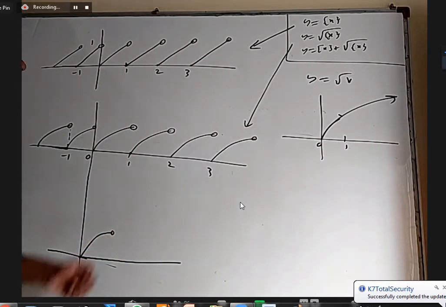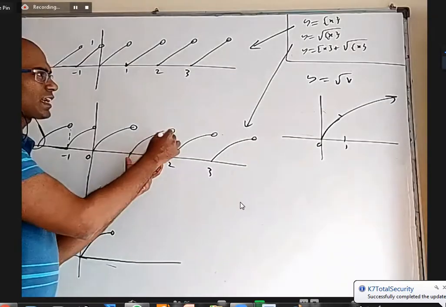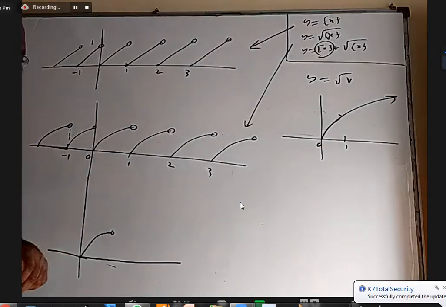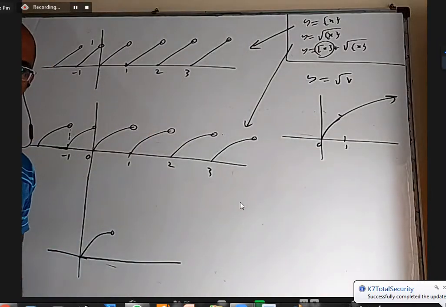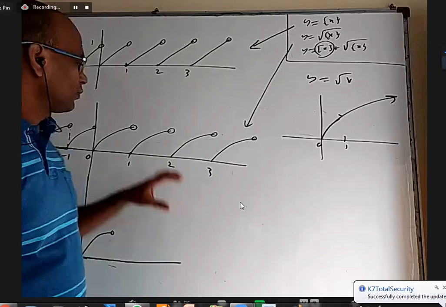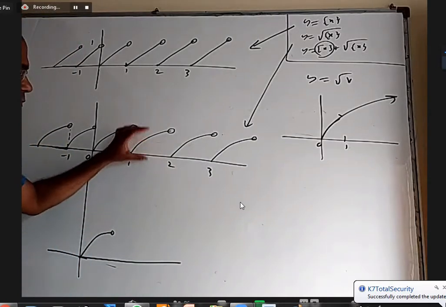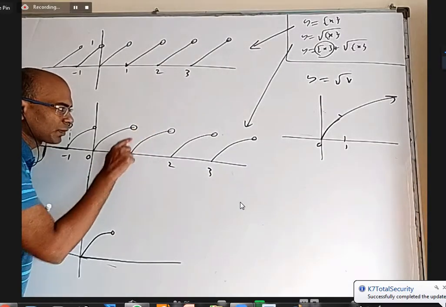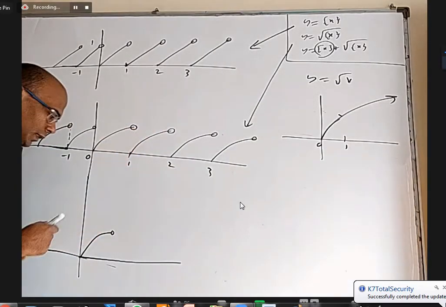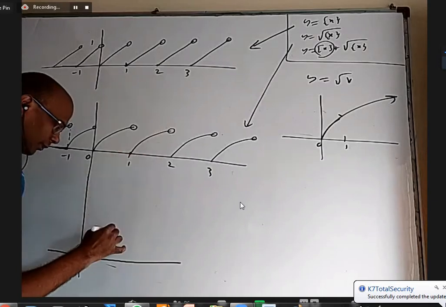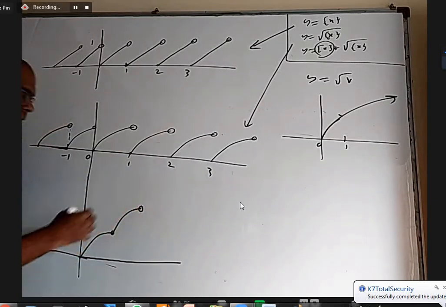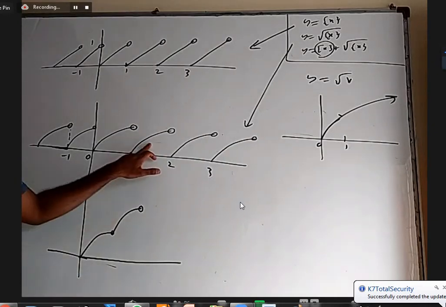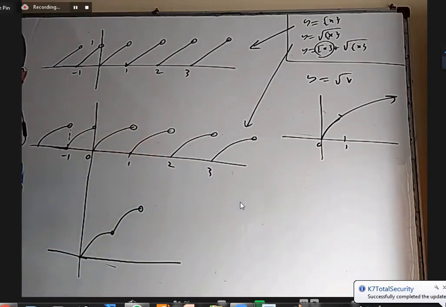Okay. Between 1 and 2, only root fractional part of x is this. But now I add how much? Between 1 and 2, what is the value of integer part of x? 1. So for this piece, I have to add 1, meaning I have to move upward by 1 unit. When you move this upward by 1 unit, this point will come right here, exactly. So this piece will join here. It will be like this. You have to move this exactly upward by 1 unit.